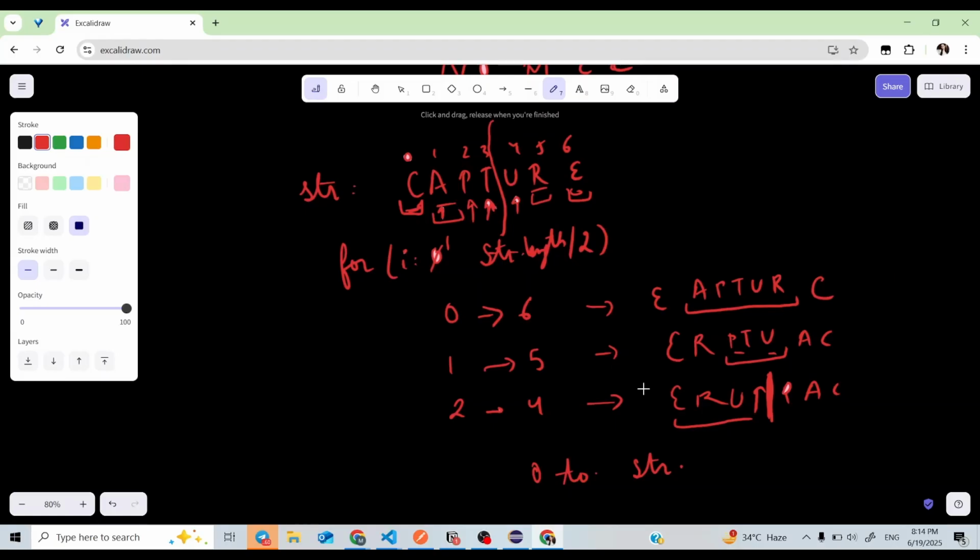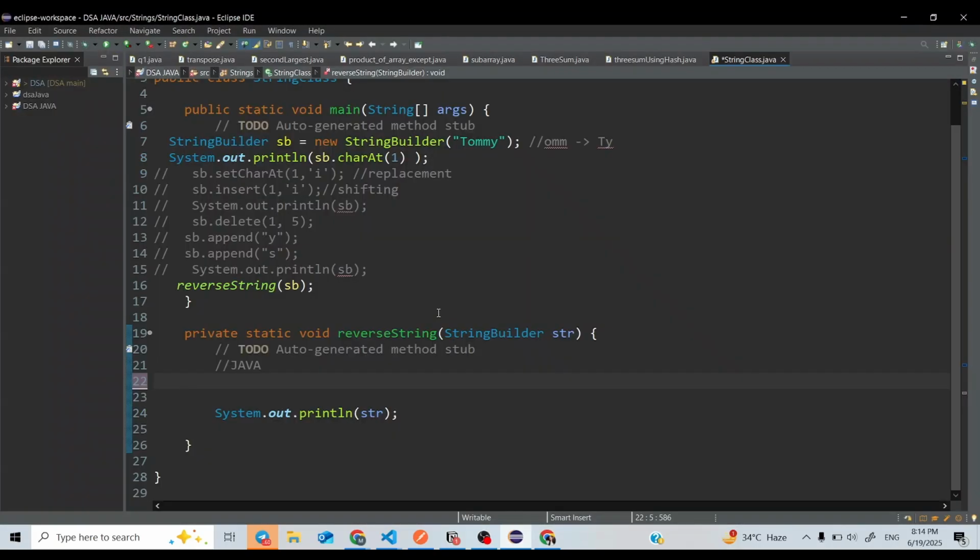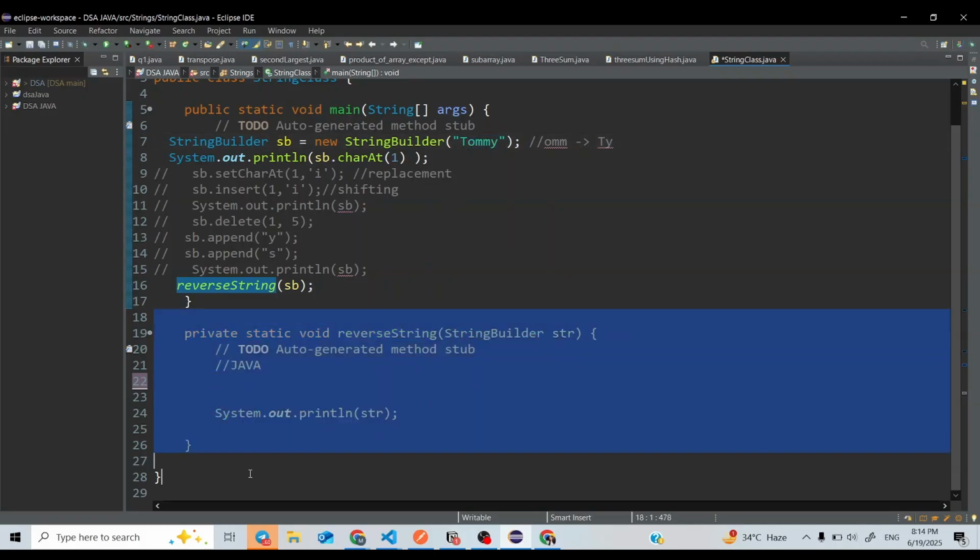We will see how we can code this. Here I have made one method, reverseString, in which I am passing my string SB, that is this Tommy, and here I have made that method.